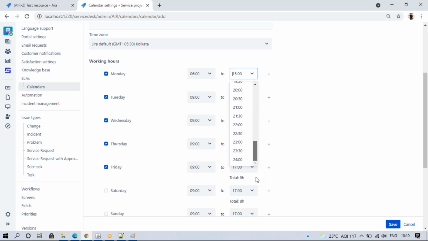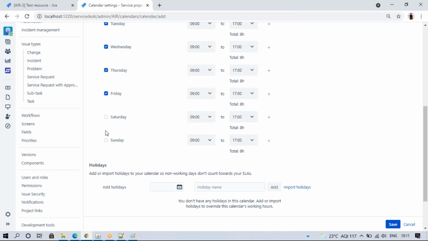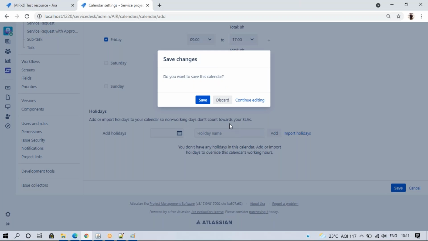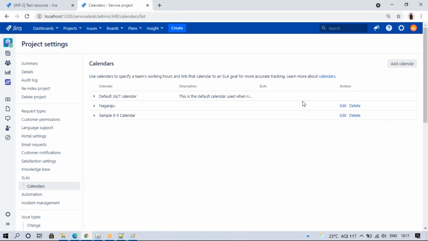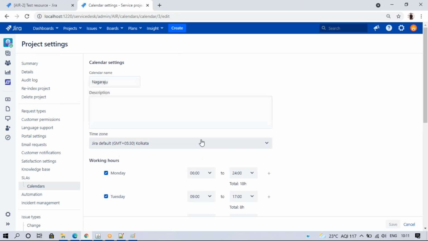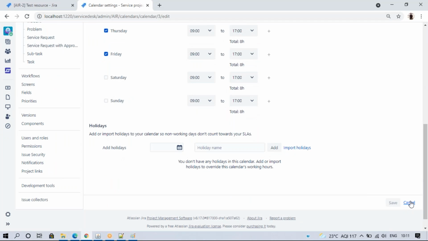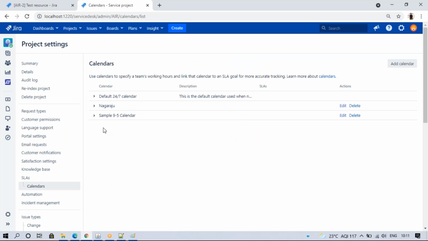Or else, if you want to put it directly in one place, like 18 hours my team is available, shift-wise completely available, we can select it. We can add Saturday, Sunday, which will not work, and if you have any holidays we can add holidays here. So first select this calendar, then save it. They will give us when the team is available, the time zones and everything. Based on that, we need to develop the calendar first.